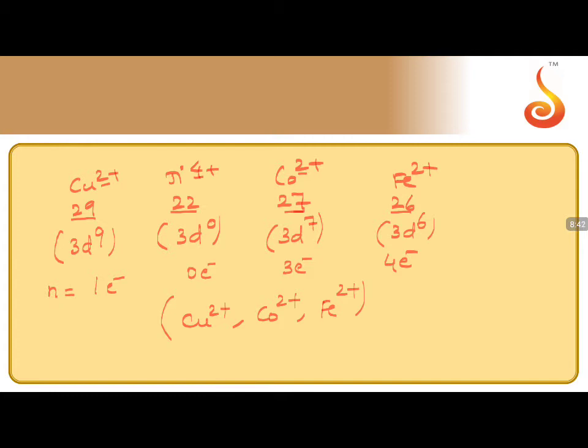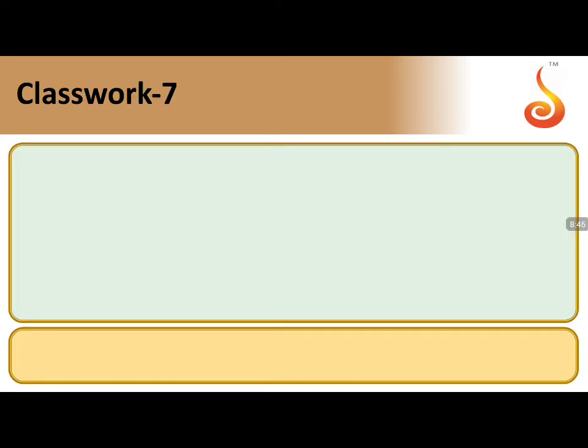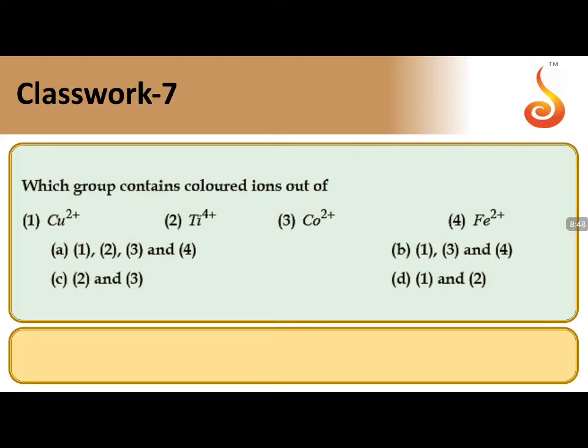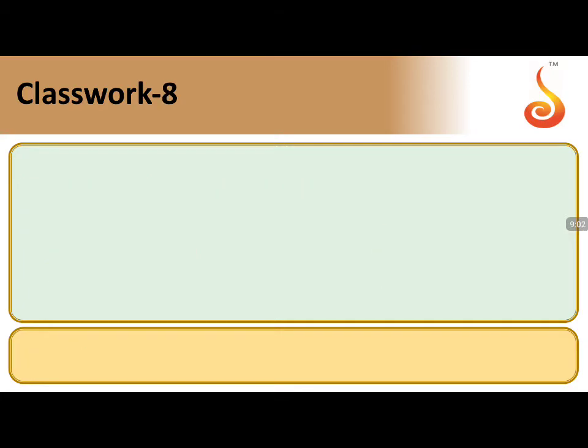Where do we find this? You find them in the options. Which option? We have copper, cobalt and iron. Titanium should not be there in the option. So 1 is eliminated. 2 is there, so C is eliminated. 2 is there, so D is eliminated. So eliminating this, the option left out is option B. So the answer should be option B.